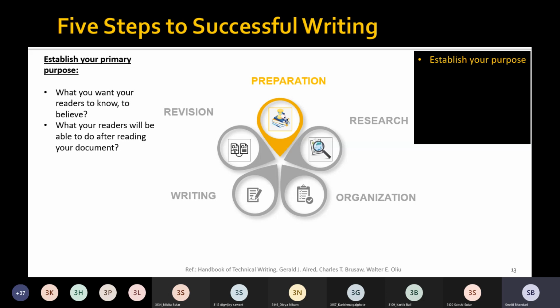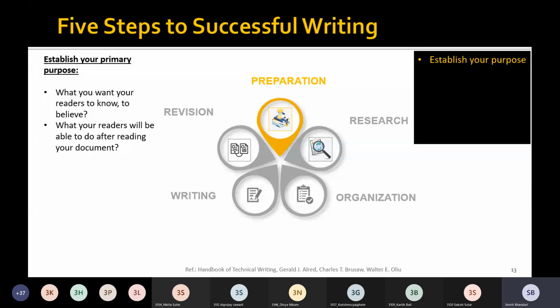You are one of the members in the team, and you have been assigned the task to come up with a technical report that will focus on the possible locations for new research facilities of the company. This is the task that is assigned to you.